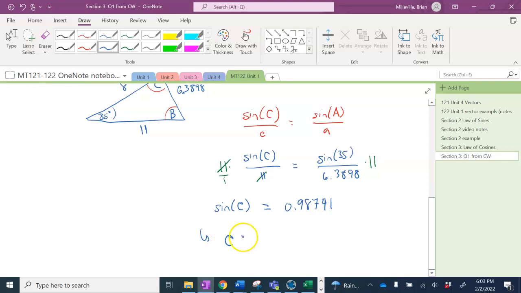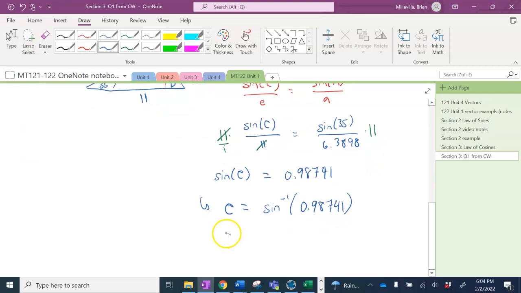Alright, so one of the solutions to this equation, there's lots of solutions to that trig equation. One of them can be found with the inverse sine function, the arc sine function. And if we do that, we will get that one of our solutions or possible answers here for the angle C is 80.899. I'm just going to round it to 3 decimal places, 99 degrees. All right, that's one